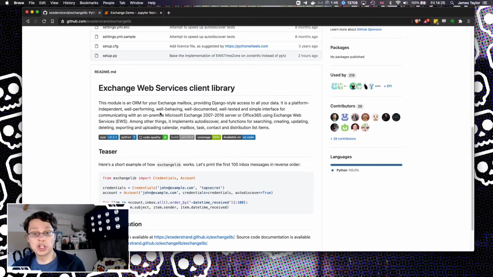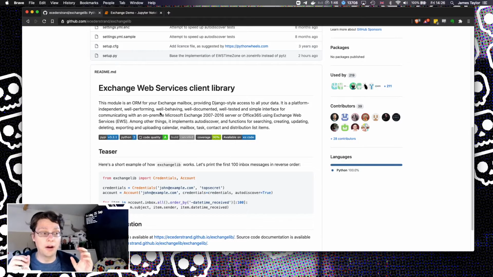Now, on to the topic of today. First of all, we're talking about Exchange, but we can also be talking about MS365, because MS365 is actually like a hosted Exchange. I have worked with Exchange in the past, and I must say I prefer using MS365 because it takes a lot of the pain and effort off me and onto Microsoft to do it for you. But this sort of technique will work for other things, but you can't use ExchangeLib for Google or other